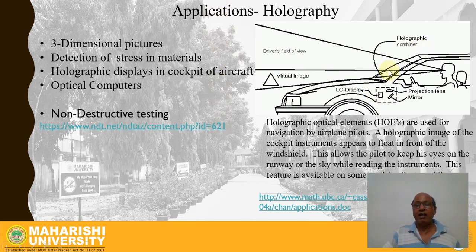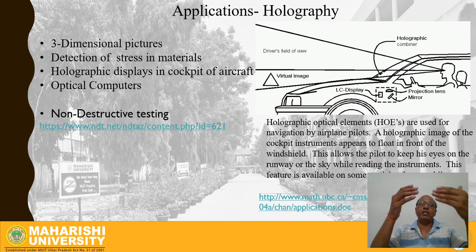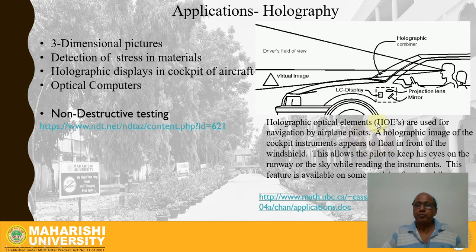For example, in the aircraft, this is normally green. When the aircraft is airborne, there are no greeneries available, so the driver's attention will not be distracted, right? This is all about holographic optical elements. In aircraft, it is also called head up display. Head up display means the head is up. The driver doesn't have to look below. So the head is up, and he's able to see the image on the cockpit itself. So this is regarding head up display.